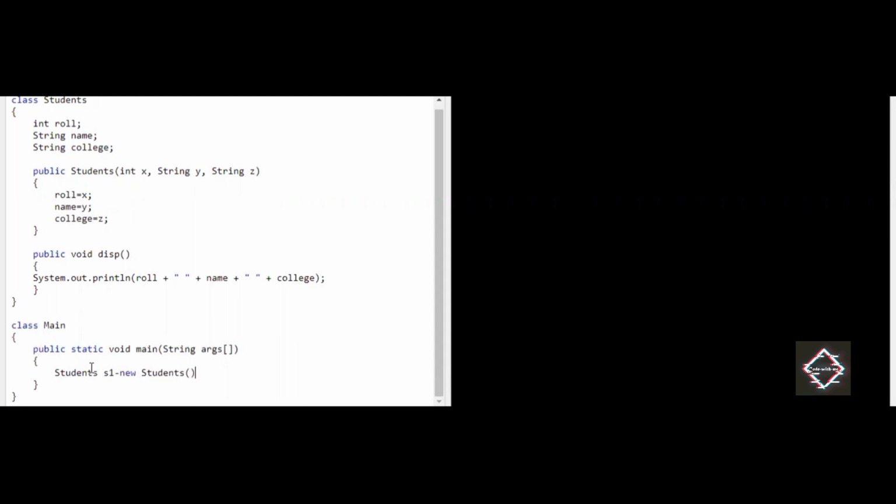Now listen carefully. I'll create the data of student 1. Let's say the roll number is 1 for student 1, the name is Kiran, and the college is MIT College.